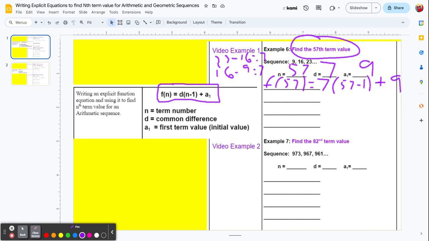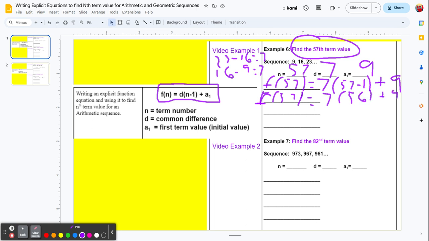Now we're going to simply follow the order of operations to simplify the expression on the right side. The f of 57, this is function notation, is going to stay that. This is always going to be f of 57. That's not going to change. We're just going to change the right side of the equal sign, which is that expression. So we're going to go 7 times 57 minus 1 is 56,